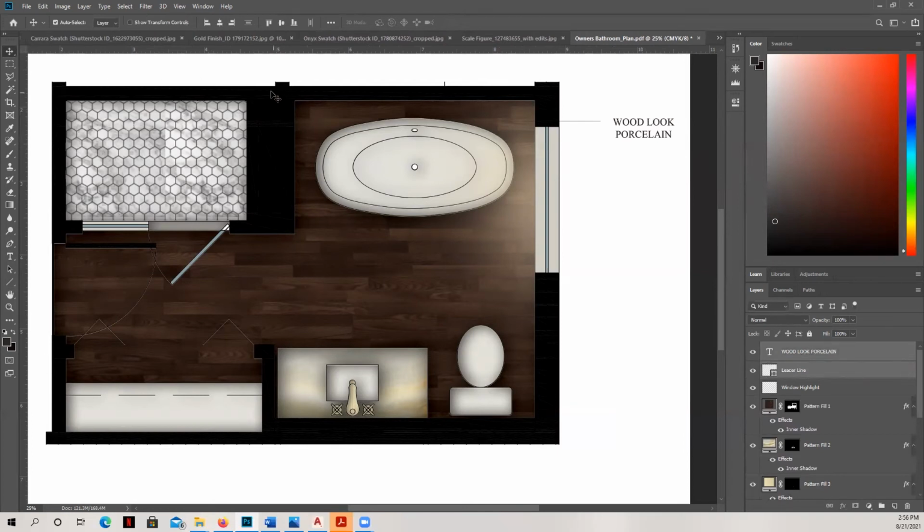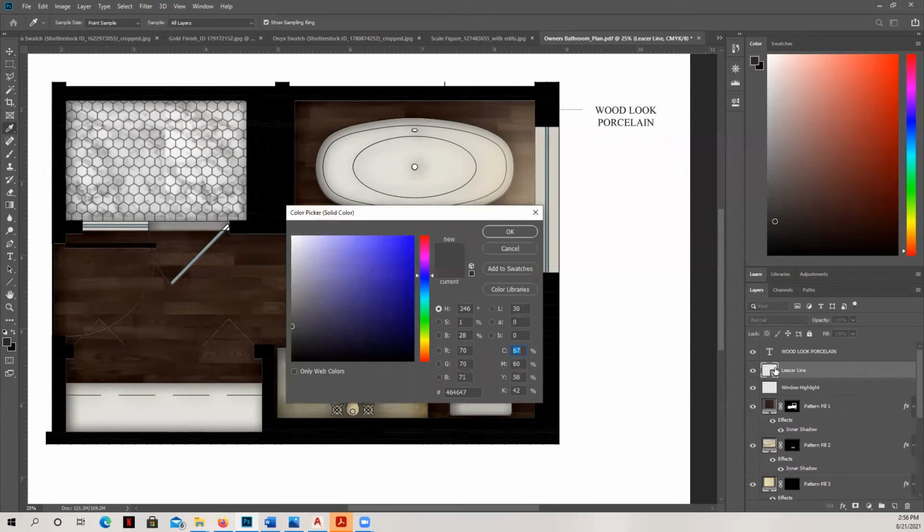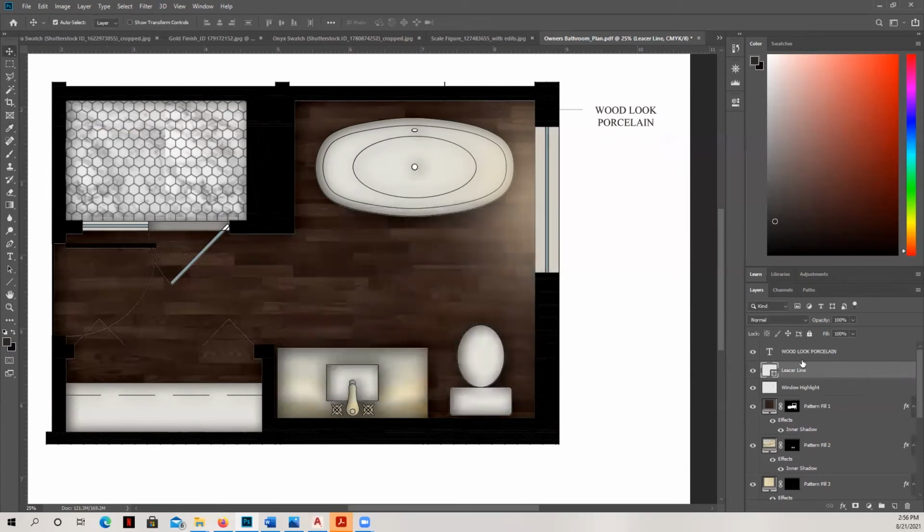And I'm just using my arrows to adjust it. And I need to figure out exactly why that line is coming in so very light. We can just barely see it, so we may need to make it a little bit darker.